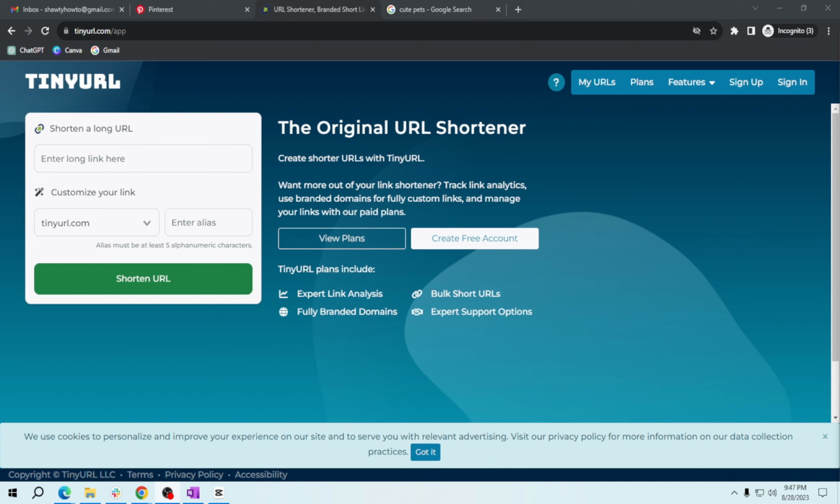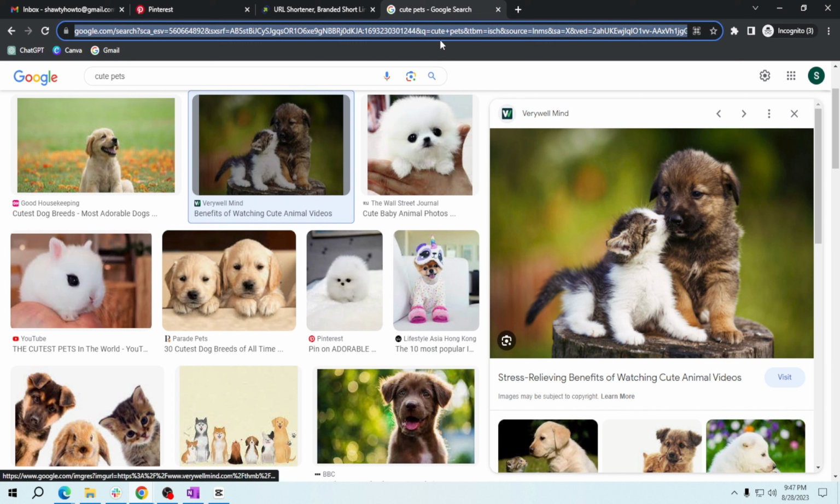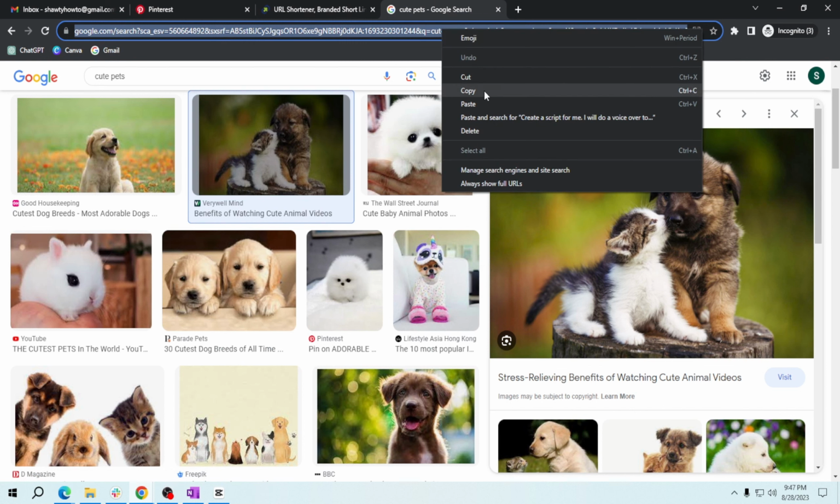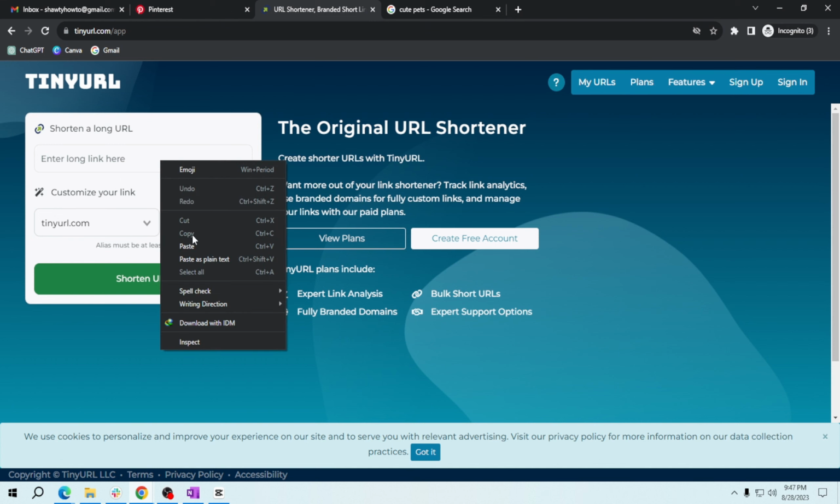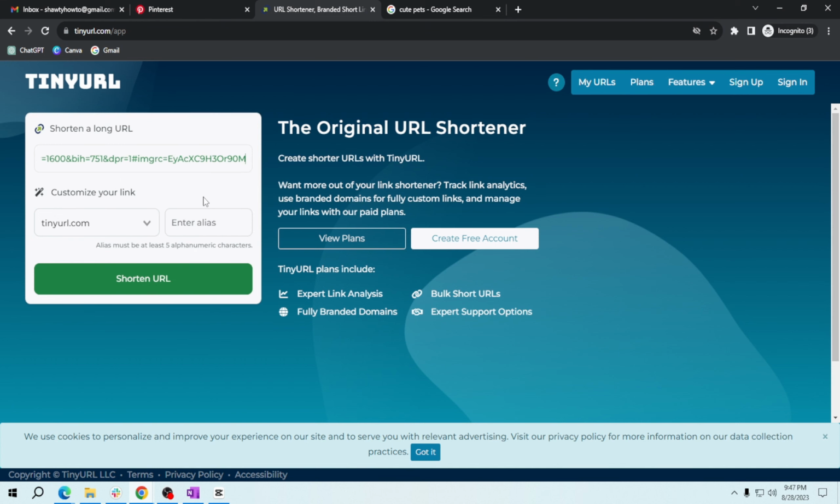So just copy the long link you want to shorten and then come back to TinyURL and paste it into the box. For example, here I want to copy this link and then we will paste it here. So it's very long, so we will shorten that one using TinyURL. Now click this one, shorten URL,